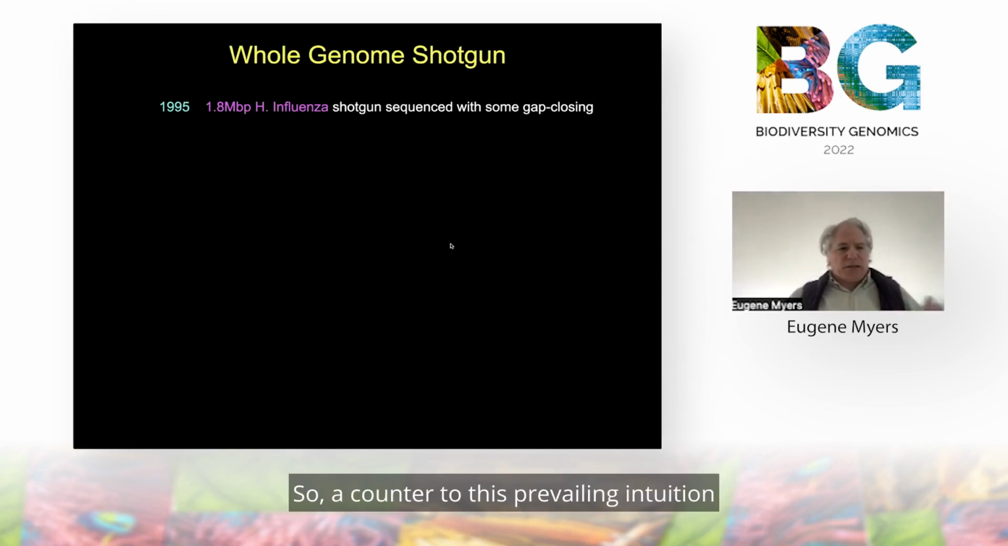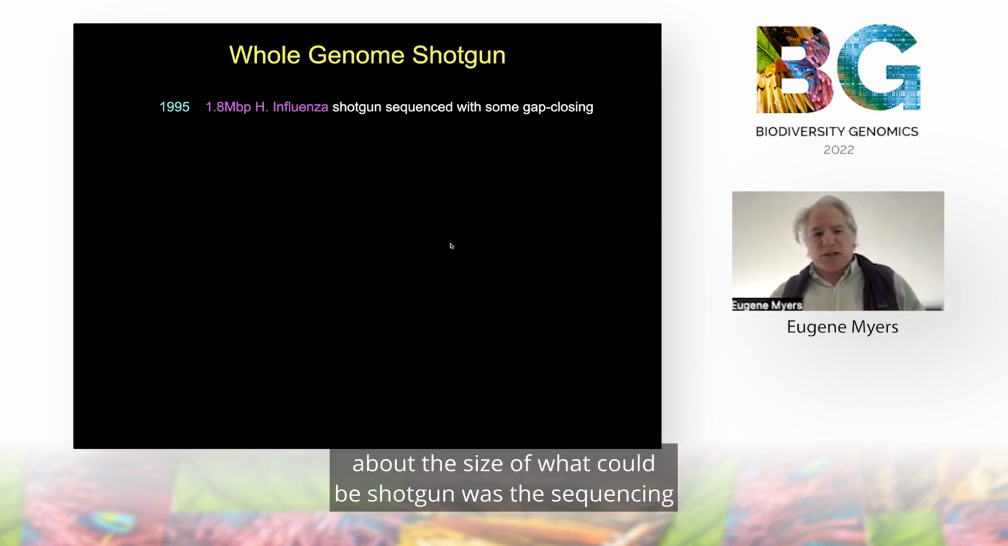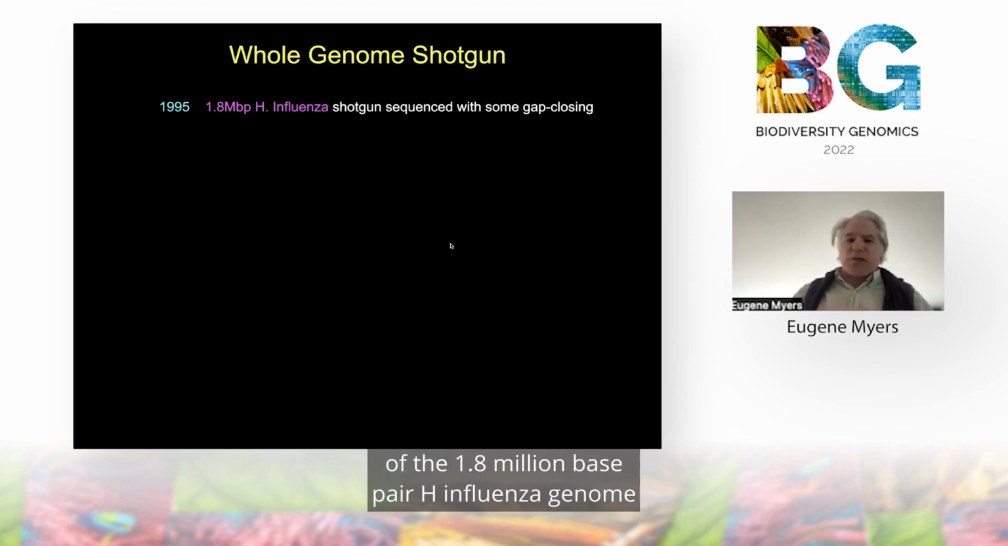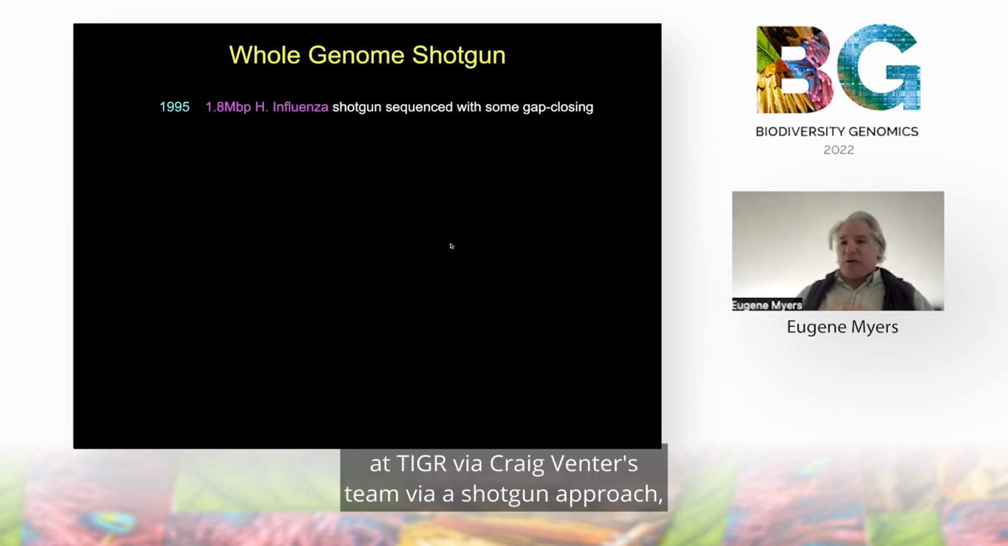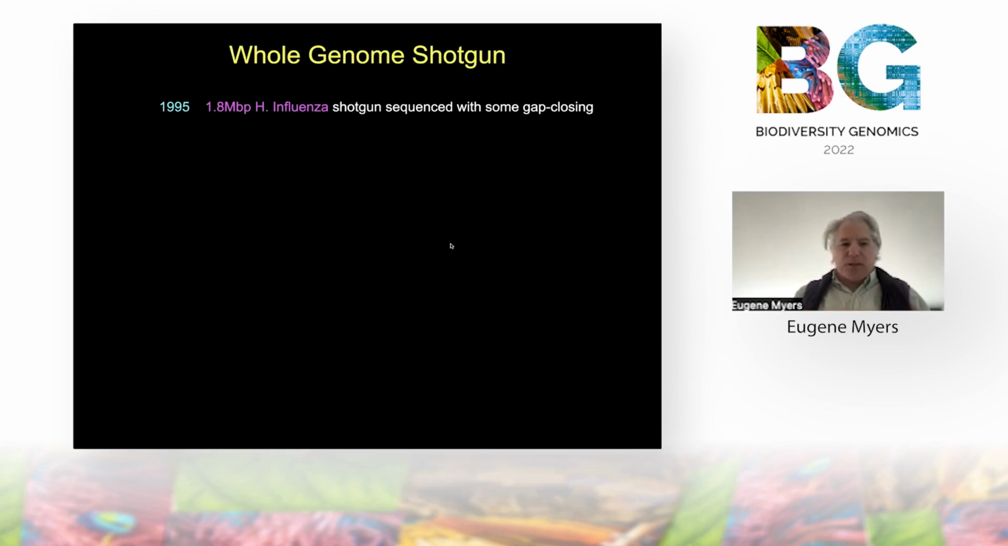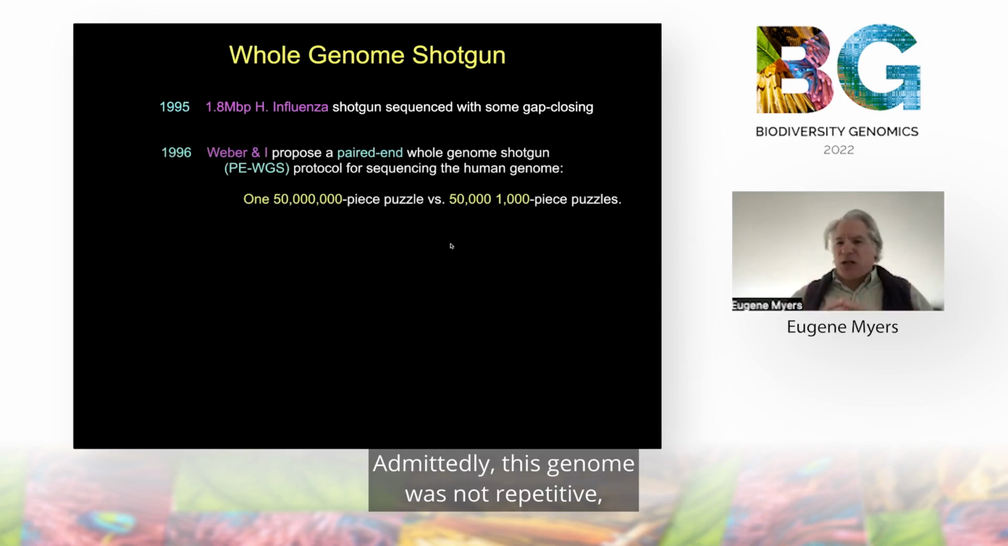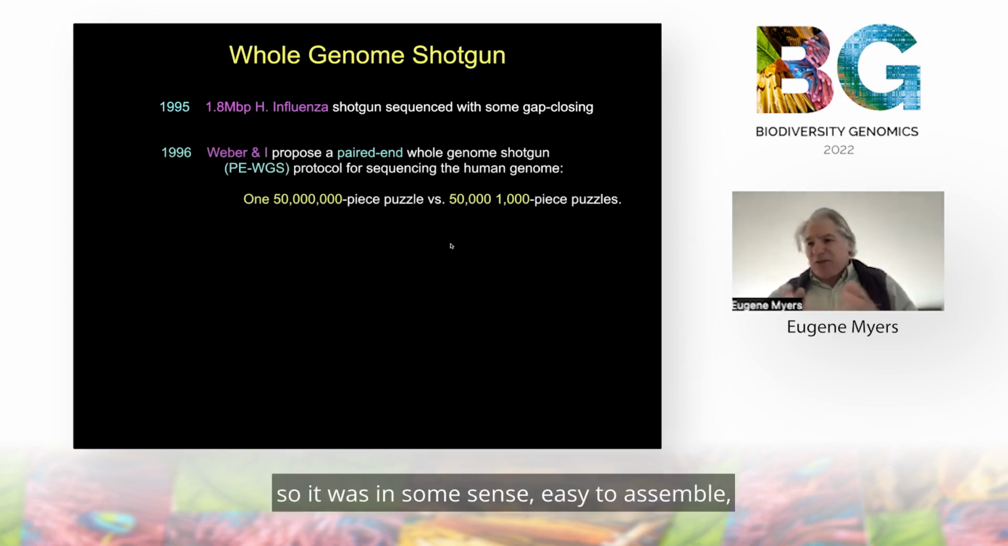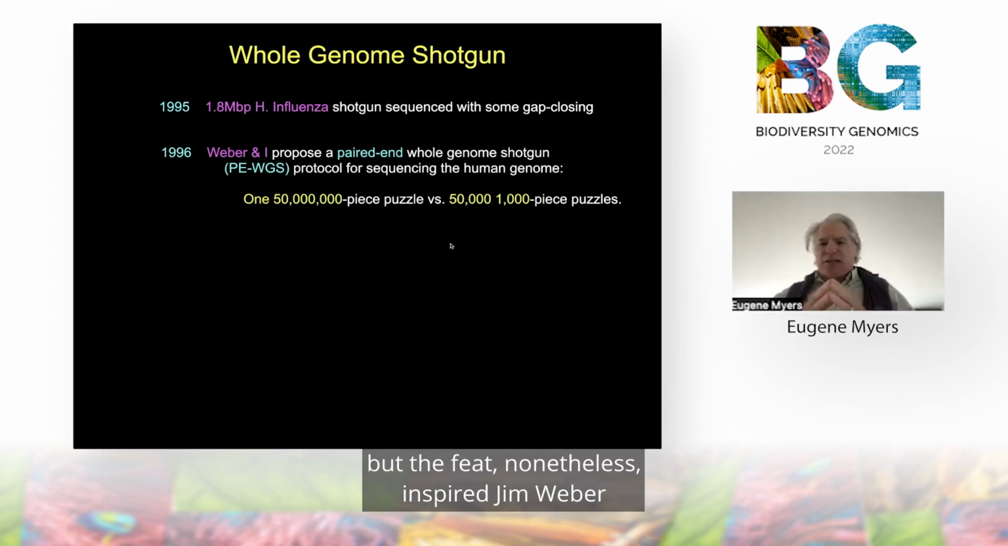So a counter to this prevailing intuition about the size of what could be shotgunned was the sequencing of the 1.8 million base pair H. influenzae genome at TIGR via Craig Venter's team, via a shotgun approach, basically followed by a gap closing strategy. Admittedly, this genome was not repetitive, so it was in some sense easy to assemble, but the feat nonetheless inspired